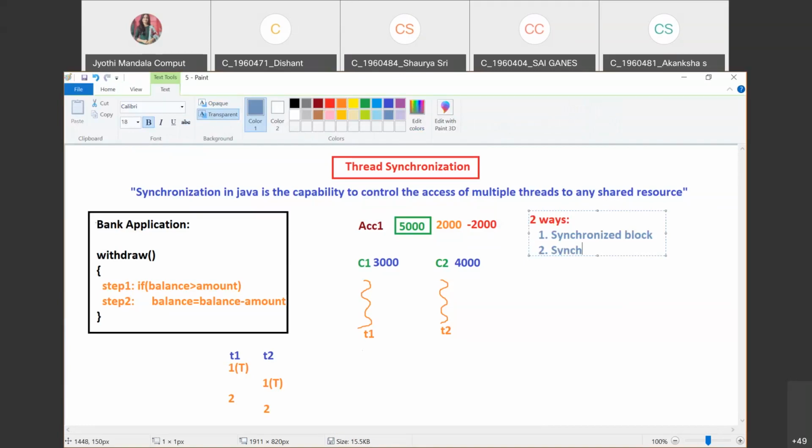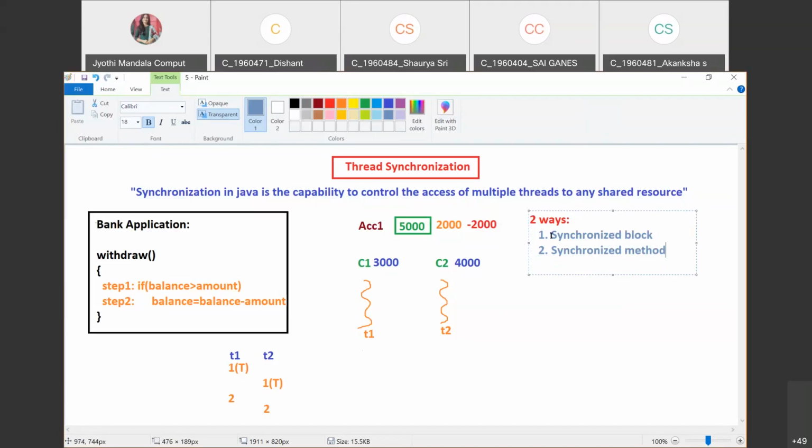So we are going to learn these two ways. The first way is that a block of statements can be made synchronized, and the second is that a method can be made synchronized. The meaning of synchronization is that, whether it is a block or a method that is made synchronized, if one thread is using it, the other thread is not allowed to use that block or method. Now, how to do that? All these things we are going to learn now.